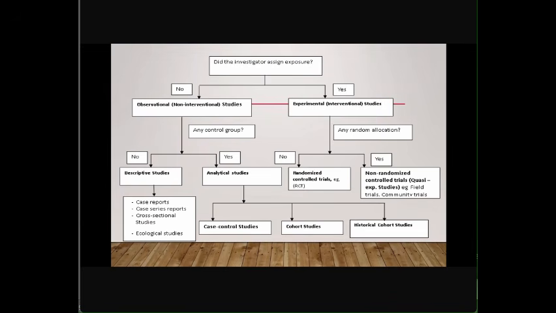So the observational studies are further grouped, just as you can see here, into two. And the basis of grouping them into two is if they have a control group or not. A control group is a comparison group. If we are going to compare